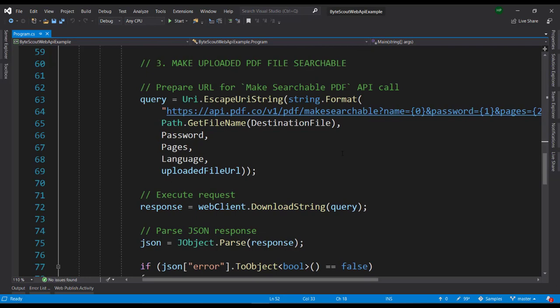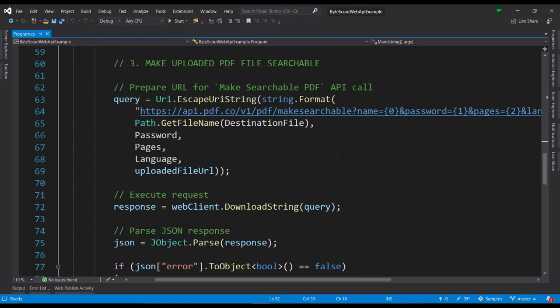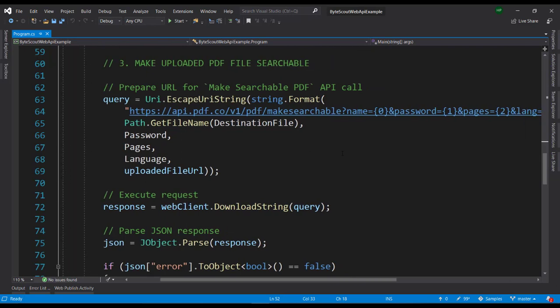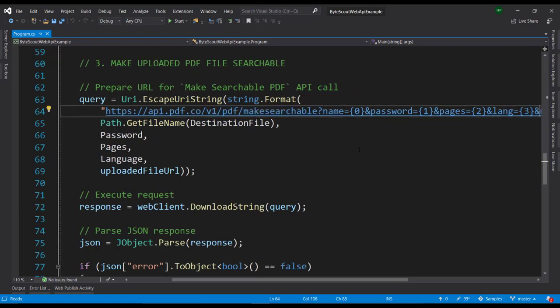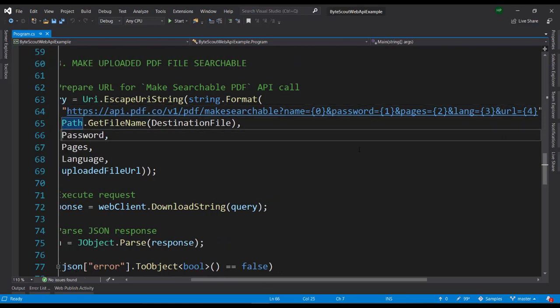And once that's completed, we are actually doing the processing to make it searchable. So here we are generating the URL to make the searchable PDF. We are providing the parameters like the name, password, pages, language, and URL.